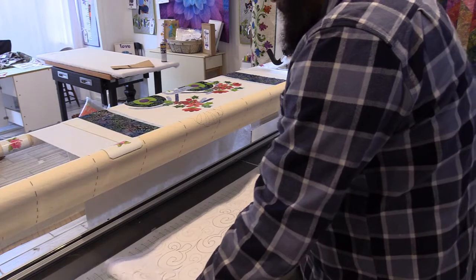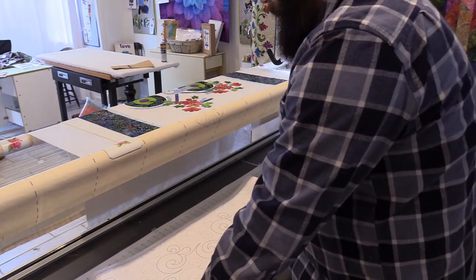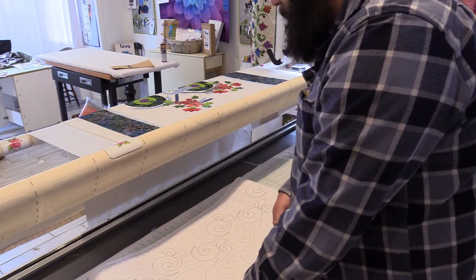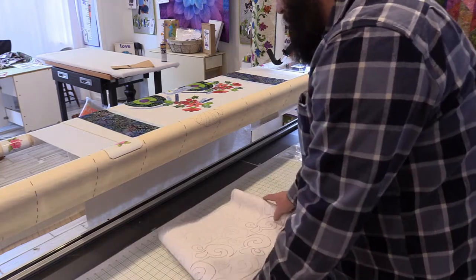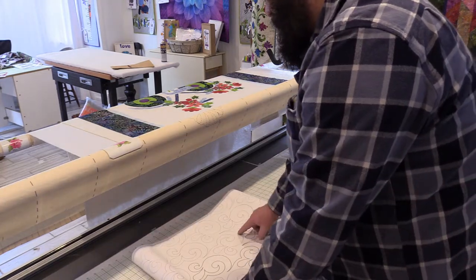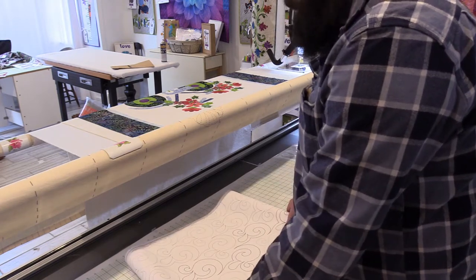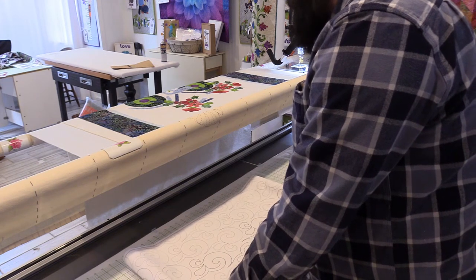And one thing I will say, this particular design is not symmetrical, as many of them are not, and I wanted this curly element to be at the top of the design. I also could have loaded it this way, which would have been fine. It was just a matter of personal preference. So I'm going to go ahead and get this loaded in,